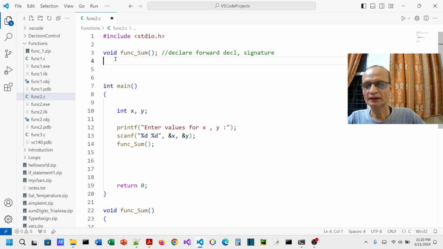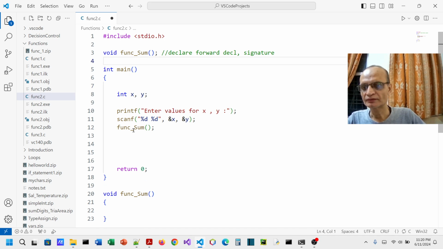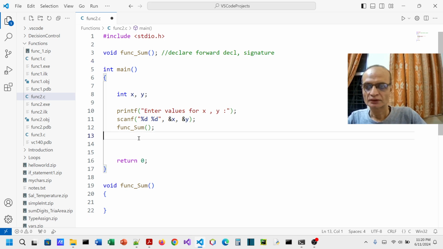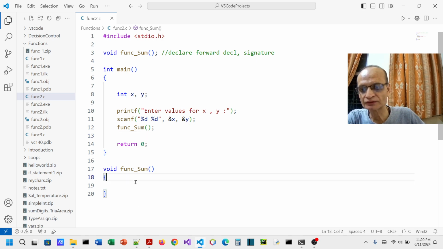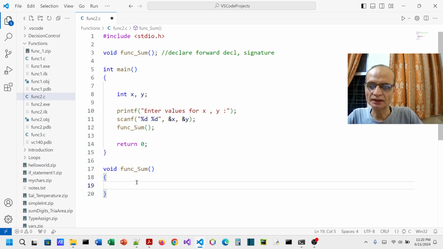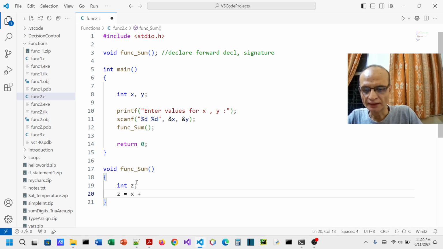Now we have written main, and from main we are going to call func_sum. That means it should sum. Now what should it sum? Obviously I will provide these x and y values. Now the issue is, if I just think that these x and y values will be available to me, and I start using, say, a local variable z, and I do z is equal to x plus y,